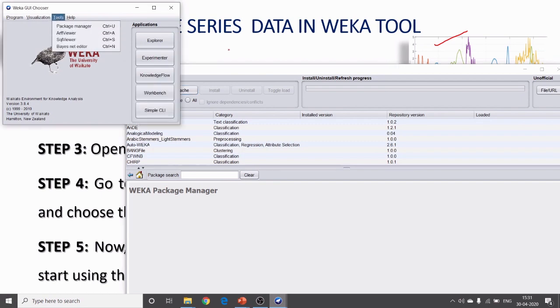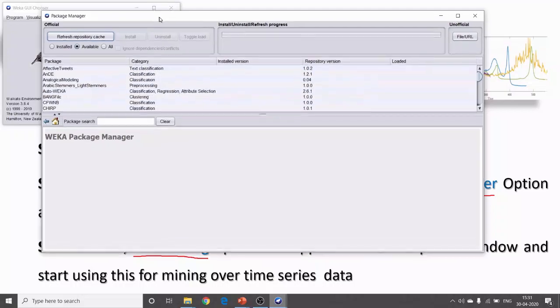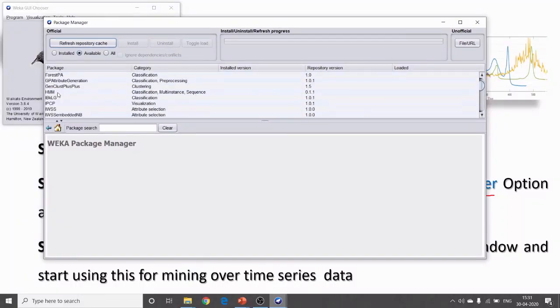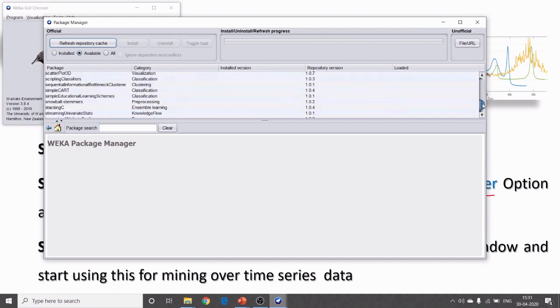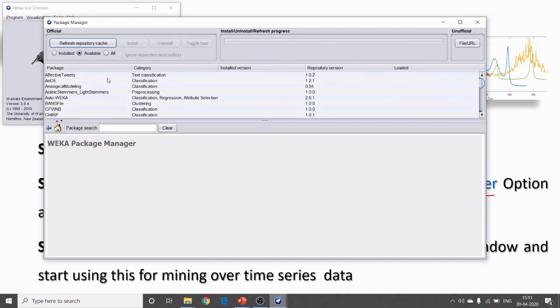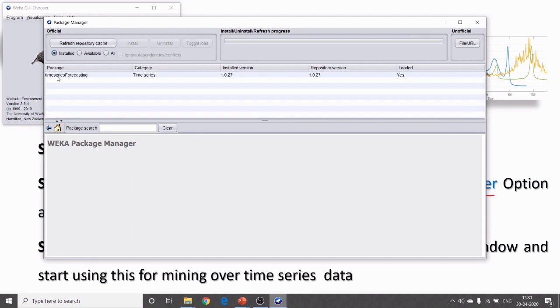When you click, you will get this window. Here there are different available packages, and in that we need the time series module. We can look here whether it is there. I already installed it, so it is coming in my installed option. The time series forecasting option is there; you can choose it and you can install it.